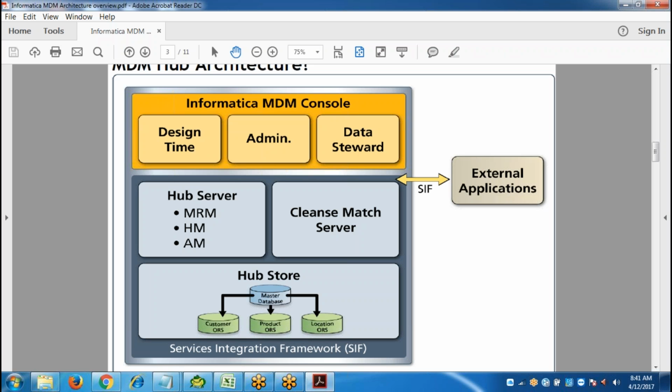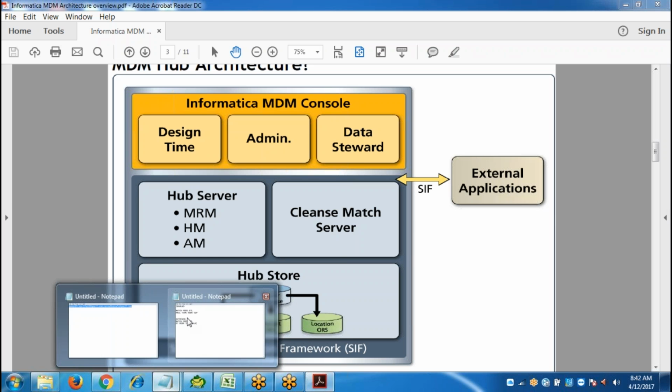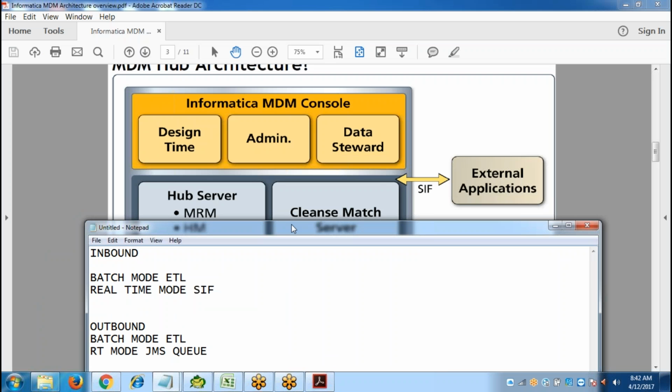And where are these services installed in Power Center? In the domain. First you need to create a domain. In the domain, all the services are registered. The same concept comes in MDM. The middle layer, what you see, is called the application server layer. MDM supports three types of application servers. MDM can be installed in three types of application server, either